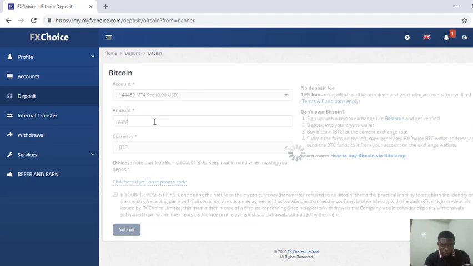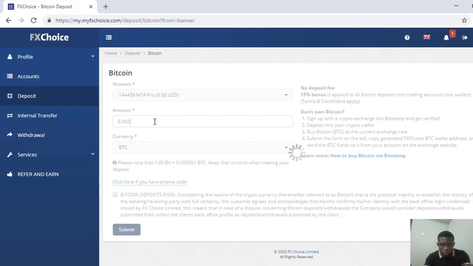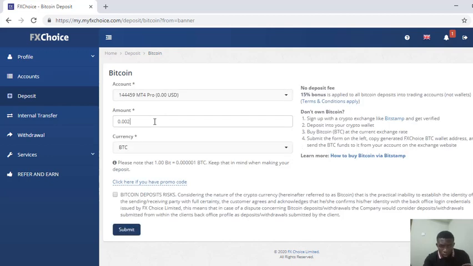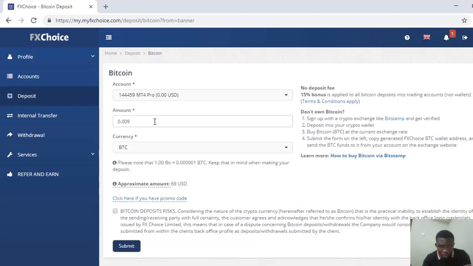As you can see, it's loading. If you're looking at the screen, you see this approximate amount.